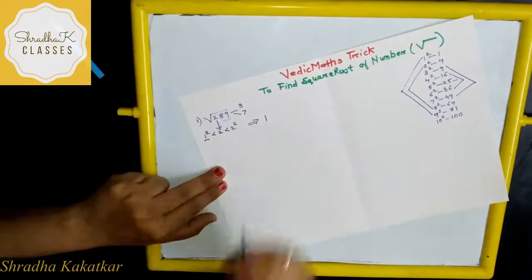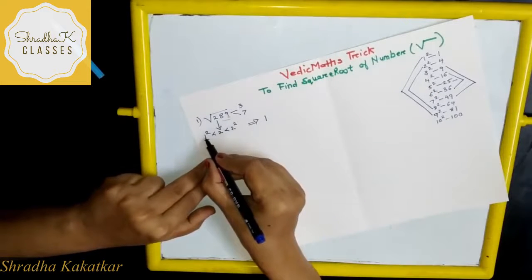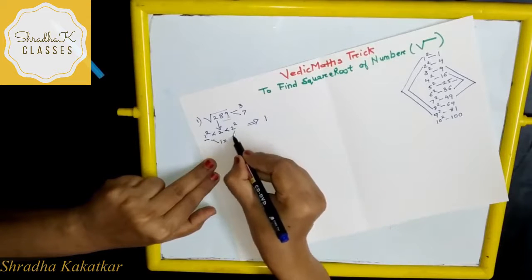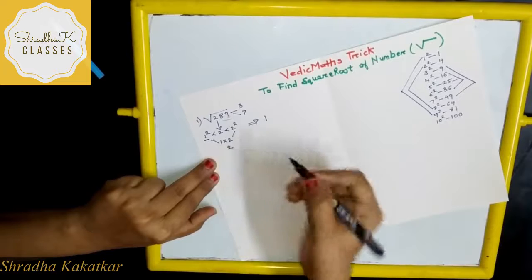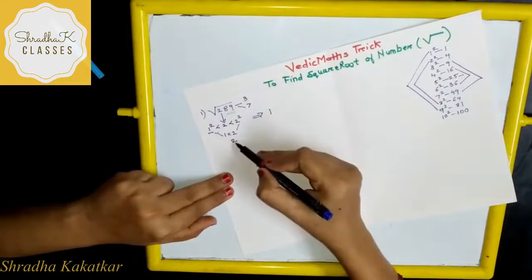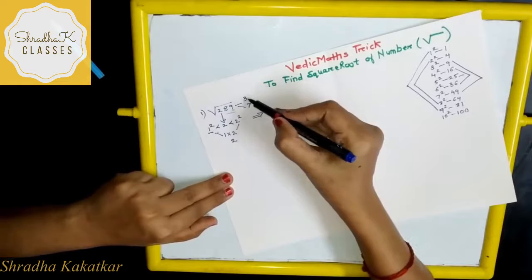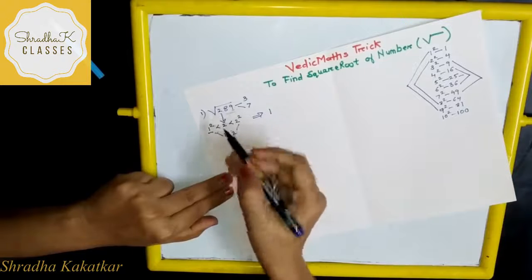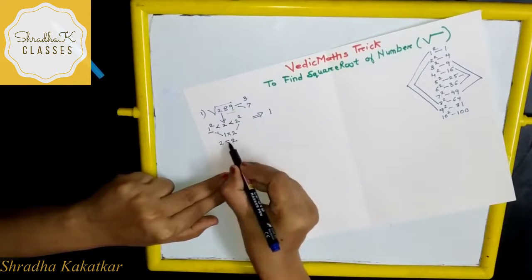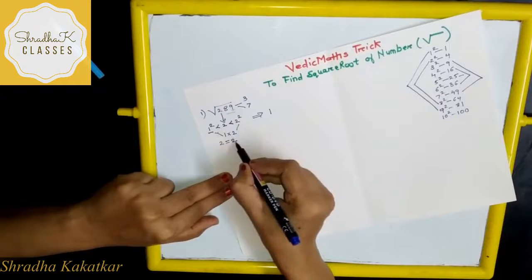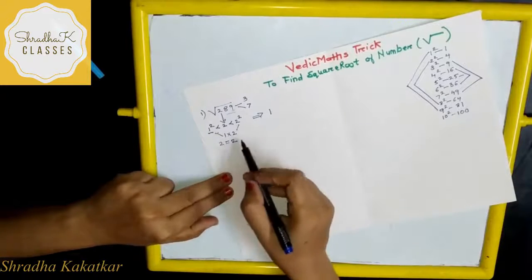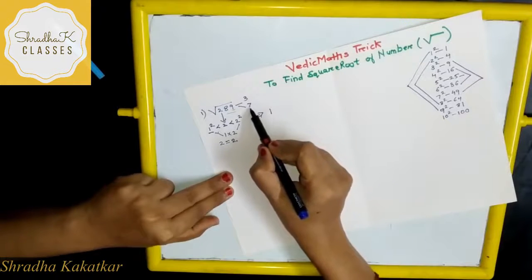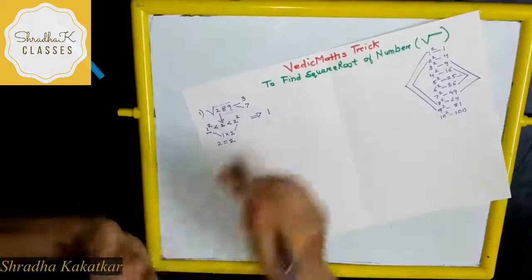Now the third step is, you have to take the product of this 1 and this 2. So 1 into 2 is 2. Now why are we doing this? Because we have to decide between 3 and 7, which number we should take. This 2 is equal to the product, that is 2. Whenever the number is equal or greater, we have to consider the greater digit. So here we have to consider 7.